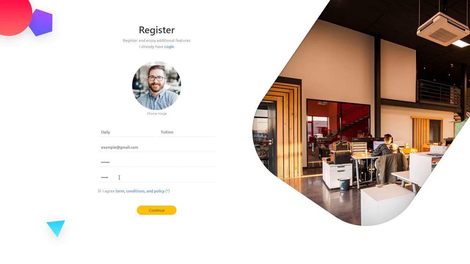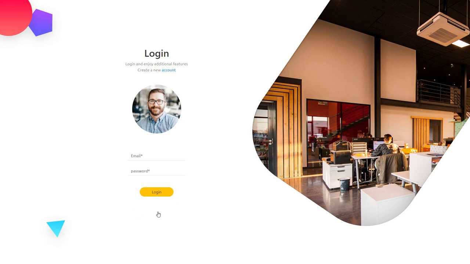Now what if I forgot to add confirm password, and when I try to submit this form, you can see a message, please fill out this field. If I fill this field and forget to check this checkbox, when I click on this continue, I'm going to have a message, please check this box to continue. So I'm going to click on this checkbox and accept all the terms and conditions and click on the continue button. When I click on it, this will redirect me to the login page